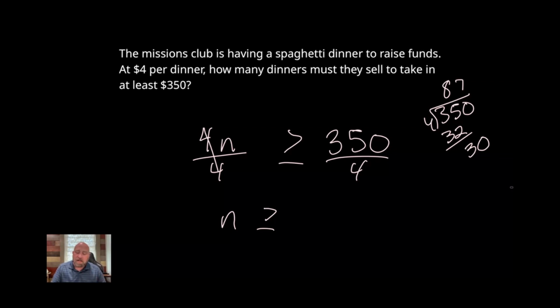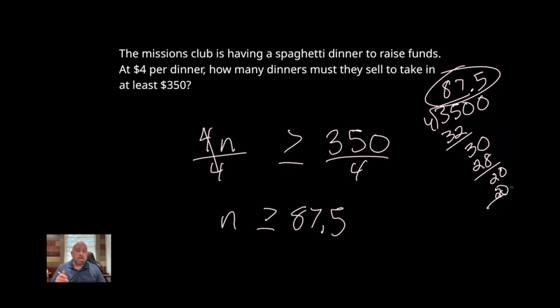That would be 7 times, and that gives you 28, and then a 20 because we're bringing down, we're adding a 0. 4 goes into 20 5 times, and that equals 20. Okay, so here's our number, 87.5. So the number would have to be greater than or equal to